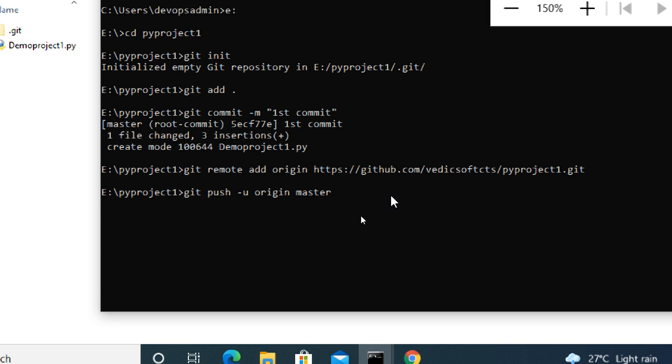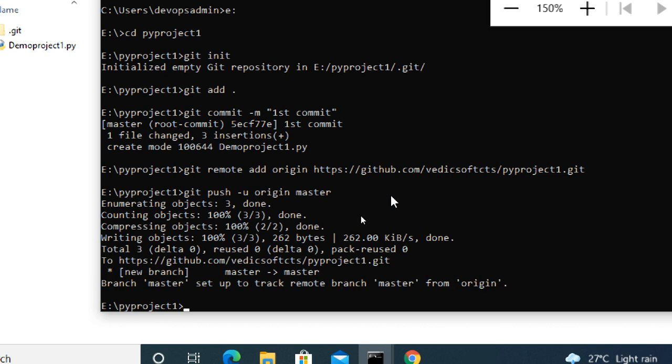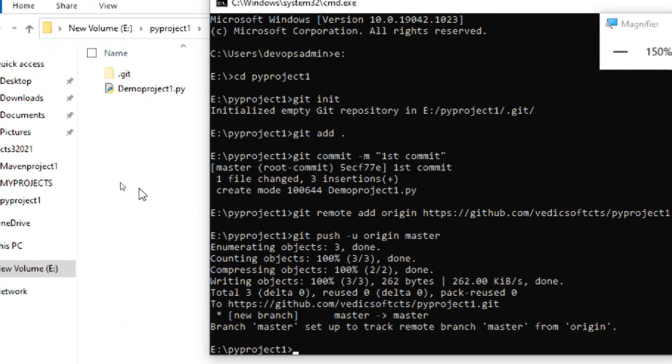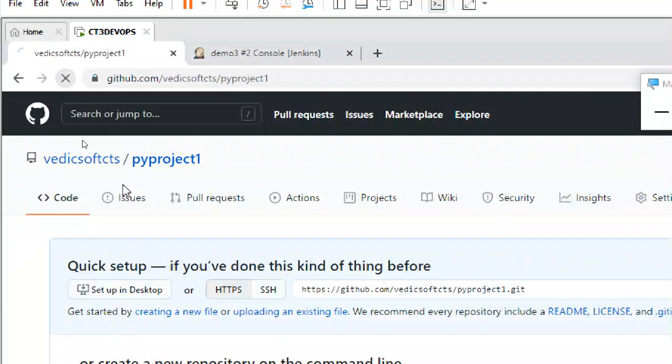It may ask for username and password the first time, otherwise it is already stored in our PC and automatically approved. But for the first time, origin master we have to tell. Now it is added to Git remotely. So refresh your Git.